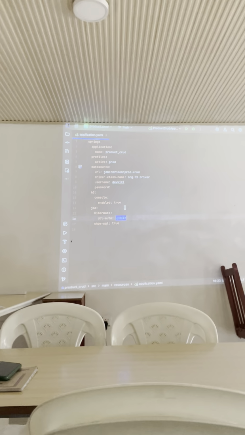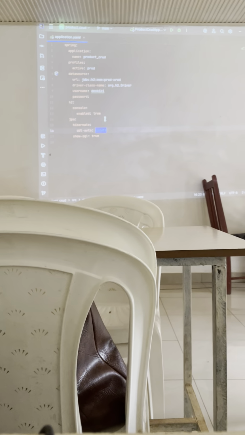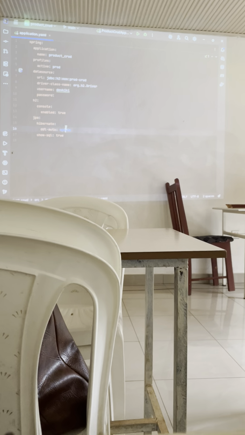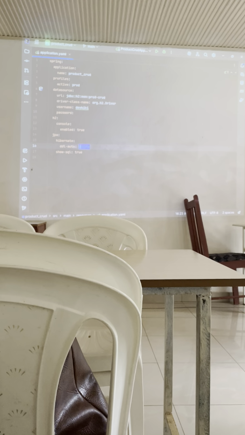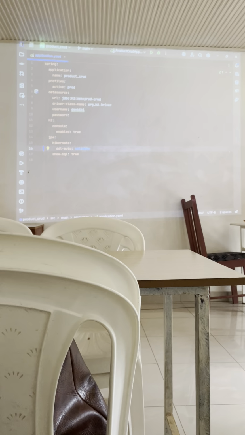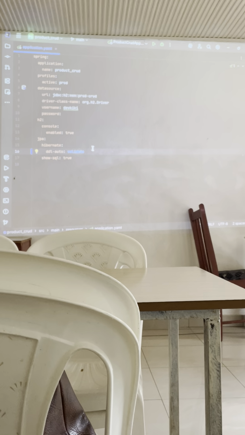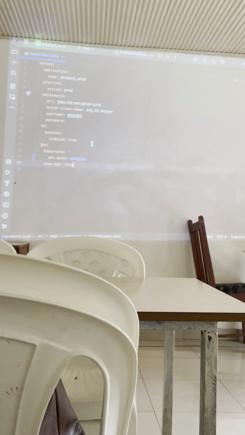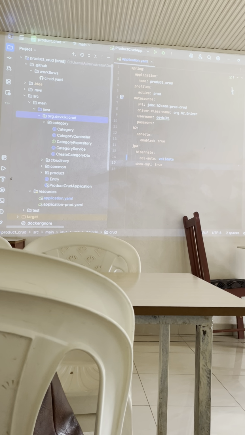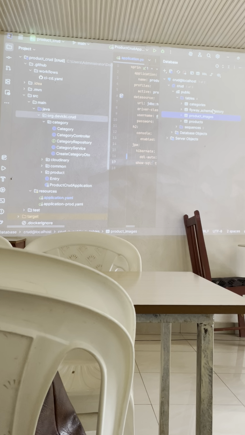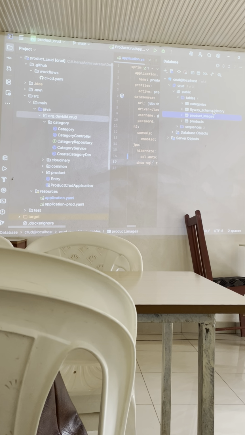First it drops all the tables and then it creates them. Even update does the same. I want us to use validate. What it will do is compare the tables that you created here with the ones that were created by